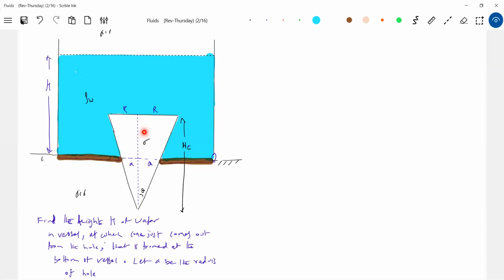So what are the forces acting on the cone? Pressure will act here. The pressure at this point into the area of cross section of this. The liquid will exert force here, and there is the pressure force and the weight. These are the forces that are acting. So I'll get into the discussion. If you are able to think of this condition like this, I think you're on the safer side. Here, the liquid above the base will exert a force.